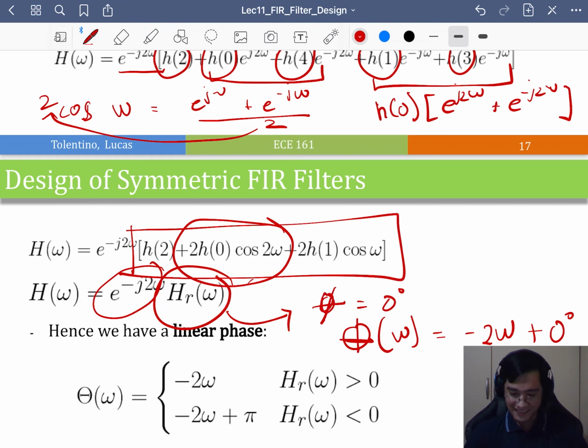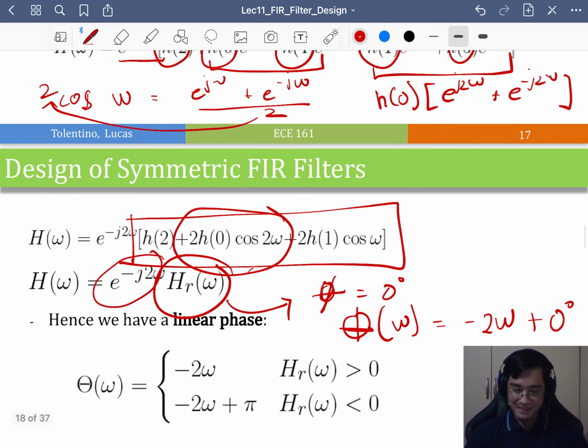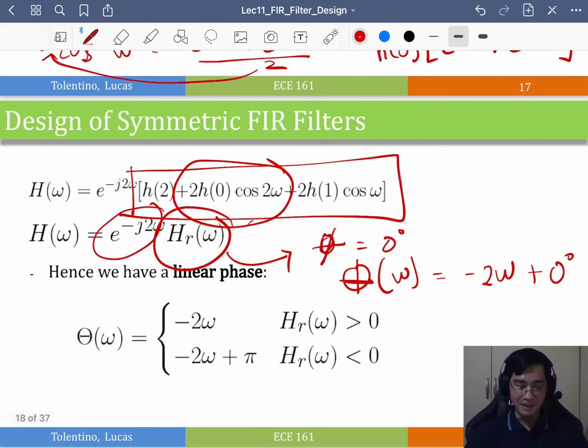Theta is 0 when HR is a positive number. But recall, if you have a negative number, the phase is pi. So we have negative 2 omega plus pi. Just review; I know complex numbers are very important here, actually in every engineering subject. So just review if you're not following. That's all right because